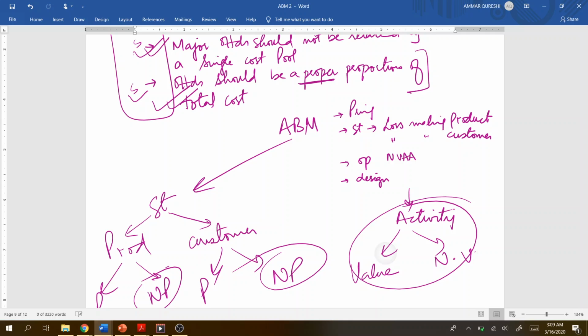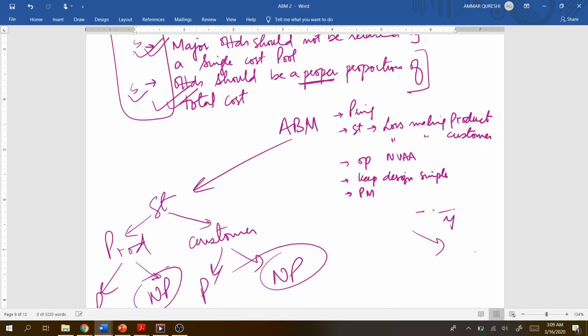We can try to keep the design simple in order to reduce this bespoke cost. We can try to have some standard products, and this can help. ABM can also help the division improve the performance of the company. Performance measurement is also important. So if you want to analyze the performance of the employees, that part can be improved. How? Because you see,